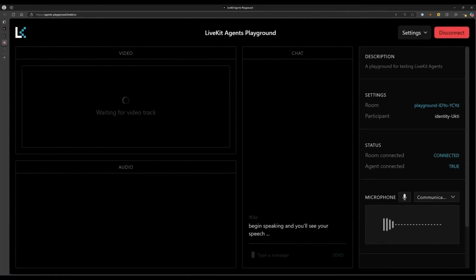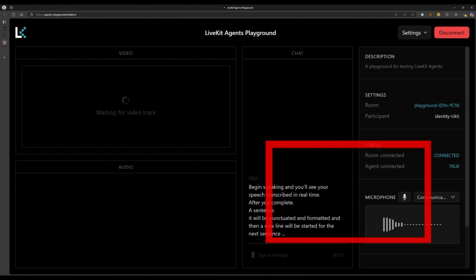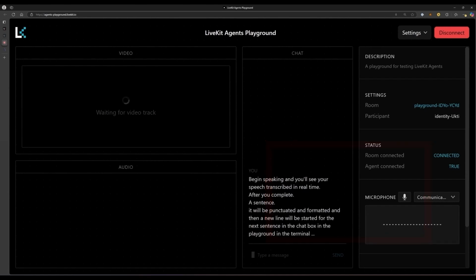Begin speaking and you'll see your speech transcribed in real time. After you complete a sentence, it will be punctuated and formatted, and then a new line will be started for the next sentence in the chat box on the playground. In the terminal where your agent is running, you'll see only the